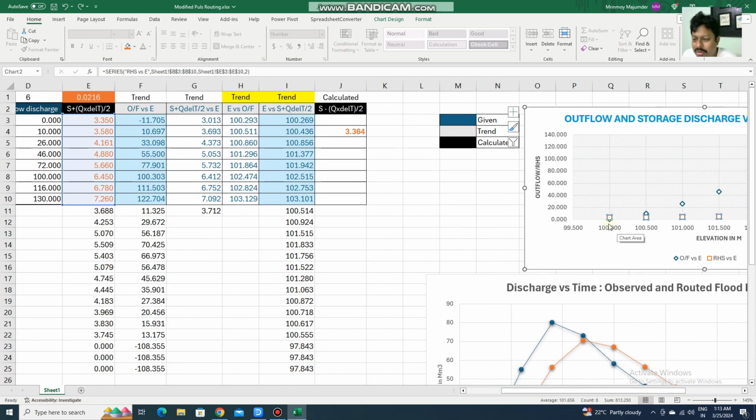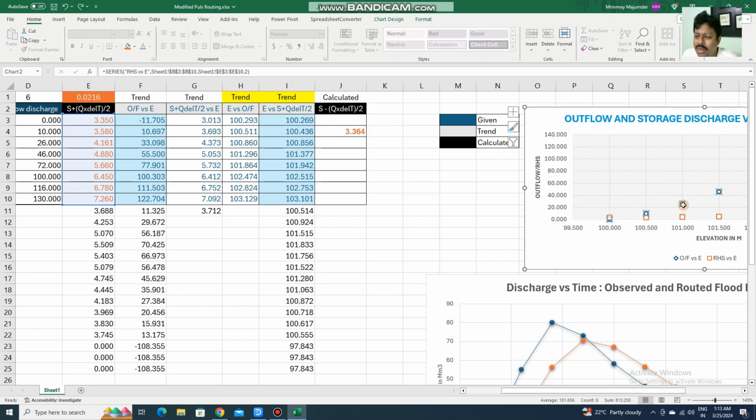Just draw a perpendicular from the x point up to the curve, and at the point where the curve cuts the perpendicular, you draw another perpendicular from that cutting point to the y-axis, so that the point where the perpendicular falls on the y-axis will give the value of y.